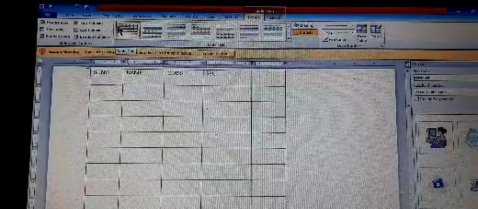Notice in the table tools there are two tabs. One is design, second one is layout. Using the design tab you can change or apply design like border color, shadings, style.